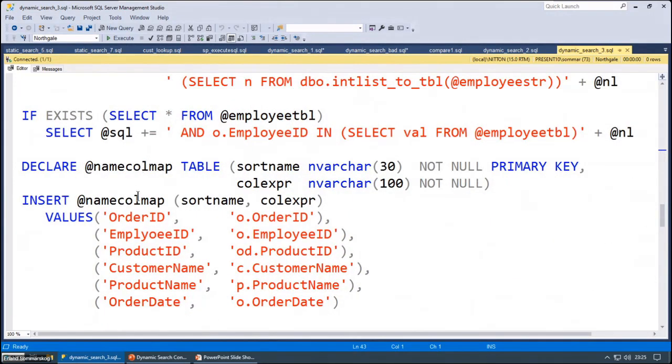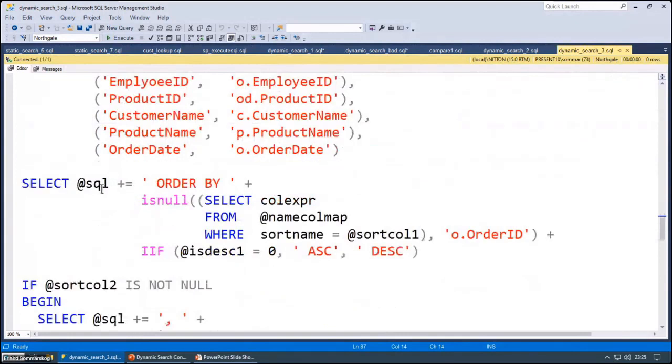I set up a table variable, and here I have a mapping. So it's the same idea, but rather than doing it in the case, I'm doing it in a table variable so I can reuse it. So here I say SQL, order by, and select my column expression for name call map, but I do need an isNull in case the client sent down something I did not foresee, so I do get a default,